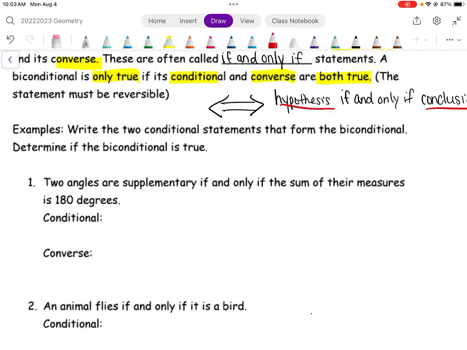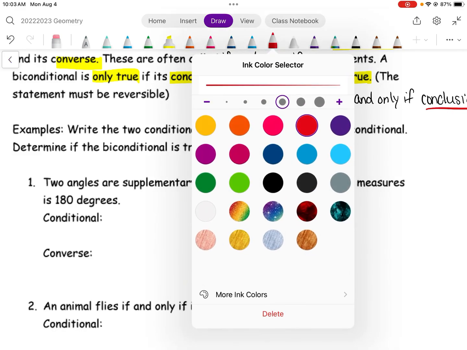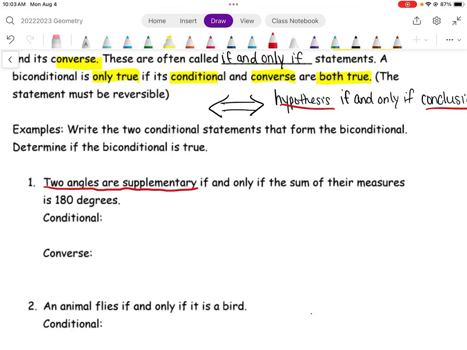So here's an example. Number one, two angles are supplementary if and only if the sum of their measures is 180 degrees. So this is the hypothesis, this is the conclusion. So if I want to put this back into if-then form and write a conditional statement, what I usually do is I just write if, and then I take the first chunk, as long as it makes sense. Sometimes you have to change it a little bit. If two angles are supplementary,